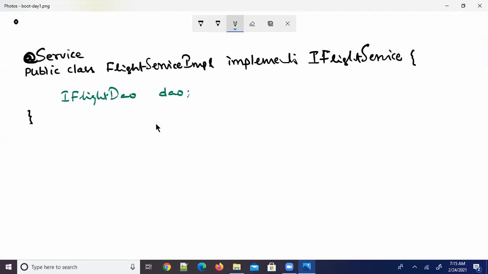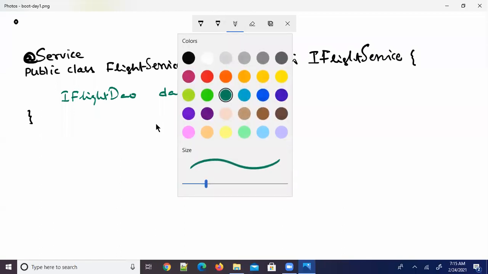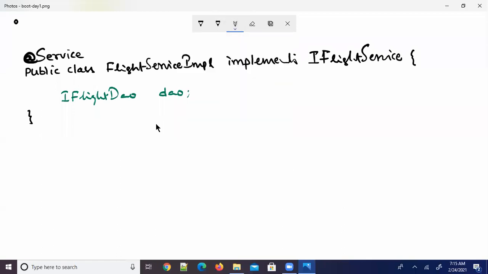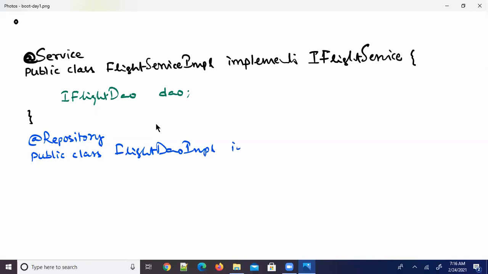Now I have another class here, say @Repository, public class FlightDAOImpl, which implements IFlightDAO. IFlightDAO is an interface.